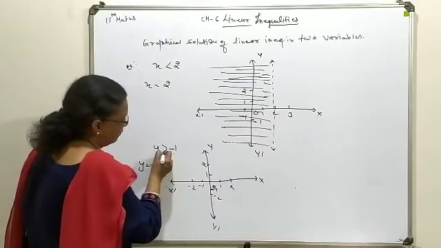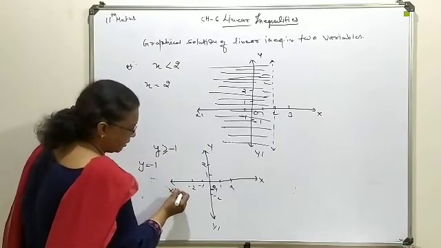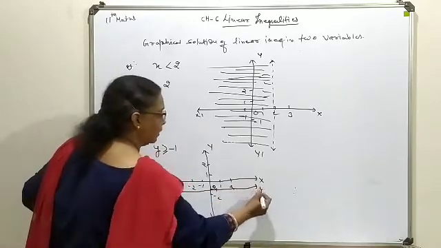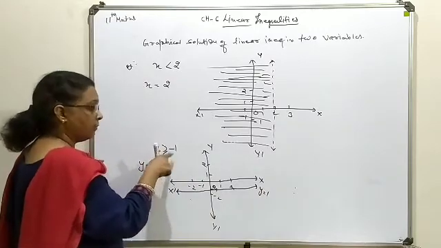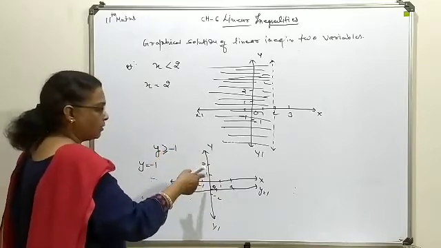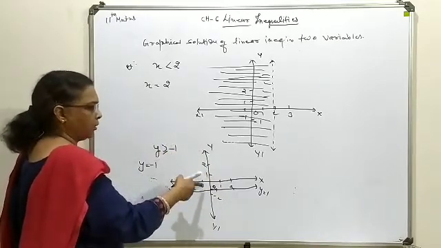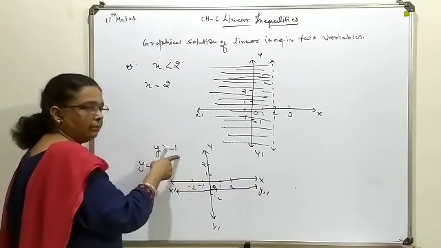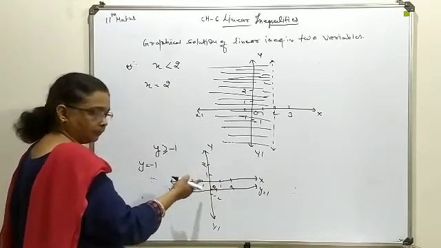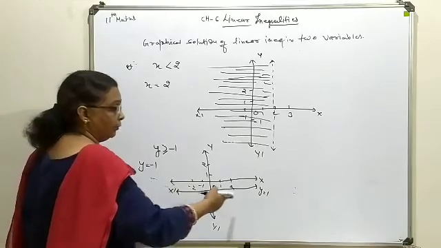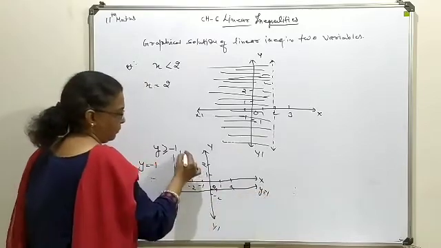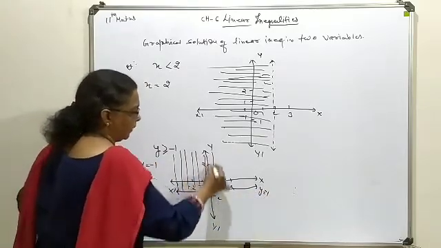So here we can take equality also, so this will give you a dark line. This is the line y is equal to minus 1. Now greater than minus 1 means towards the origin you have to shade your region. So whatever values you are concerned with, they should be greater than minus 1 on the y-axis. So you can see above this, the upper half of this line which we have located as y is equal to minus 1, you have to shade this upper part.